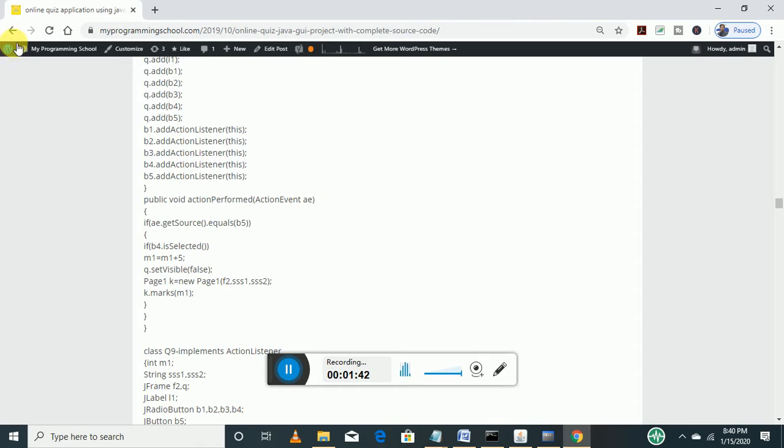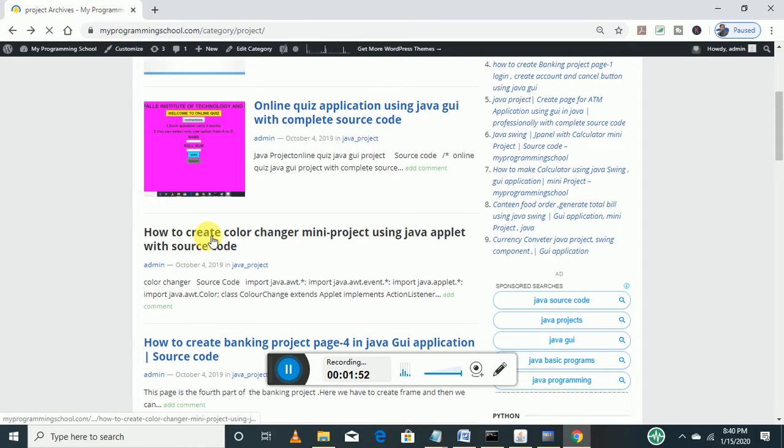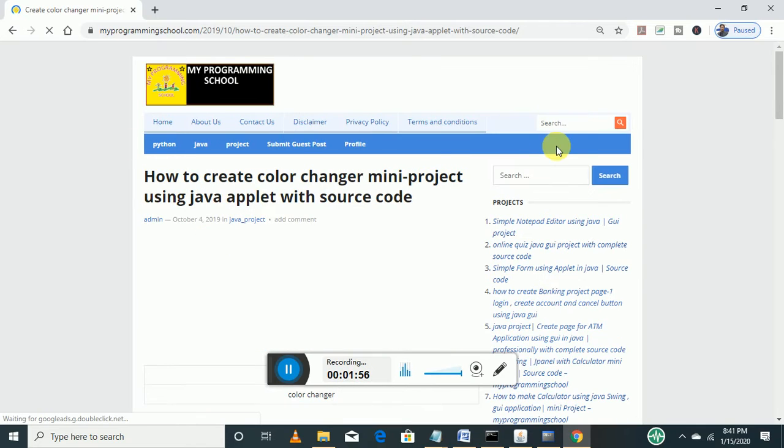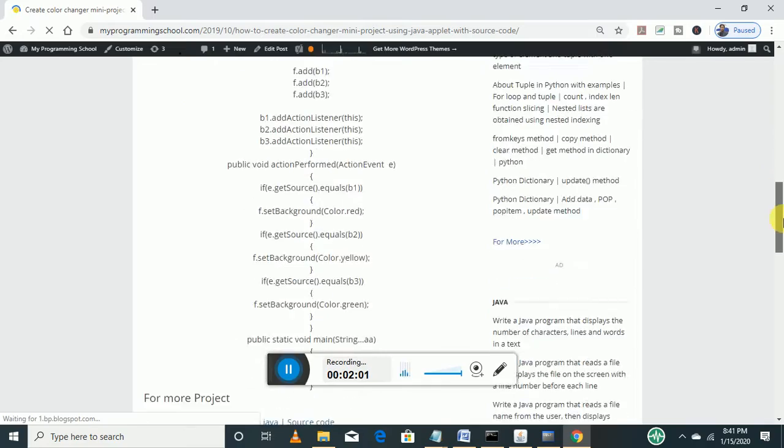Let me show you more projects. You can see different projects, like this color changing project, all done with the applet. This is a simple project. If you want to build it, or see the code, you can see